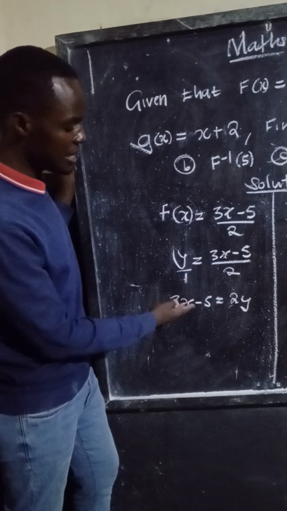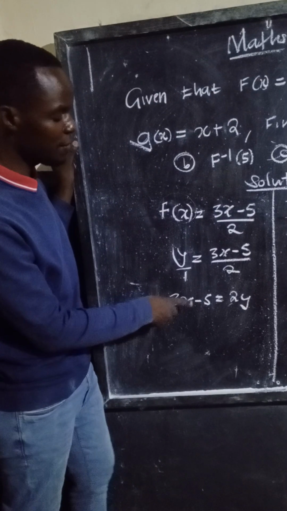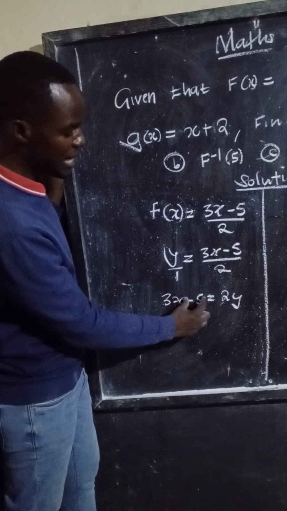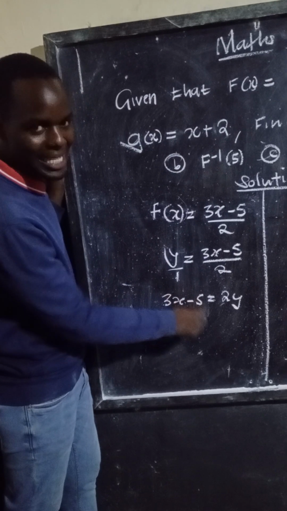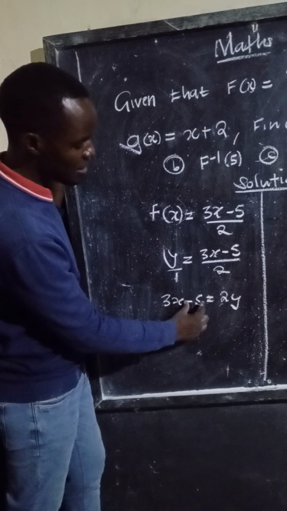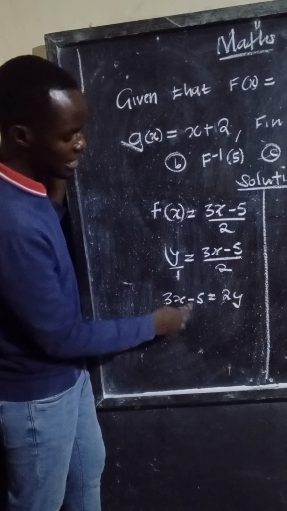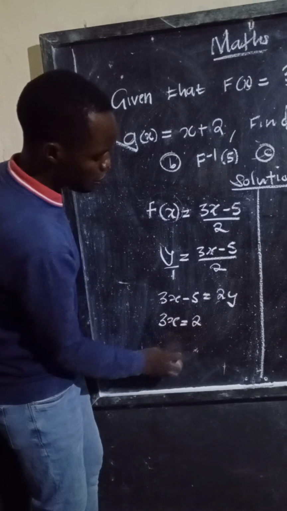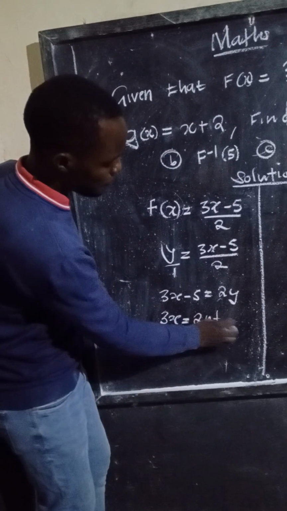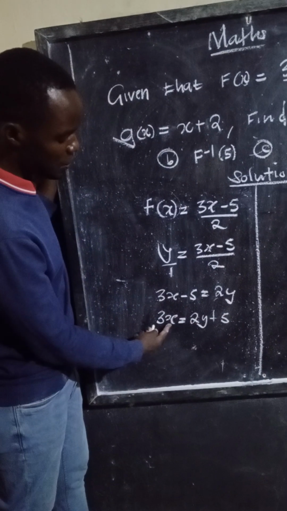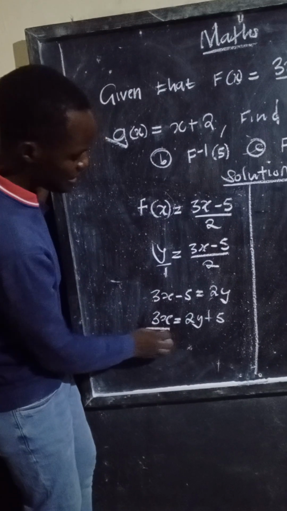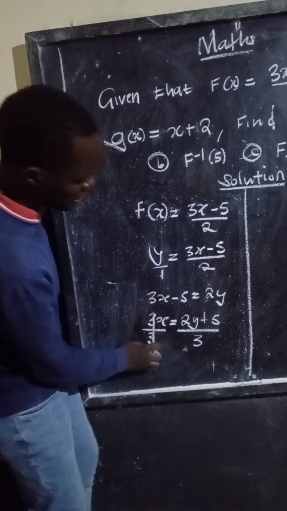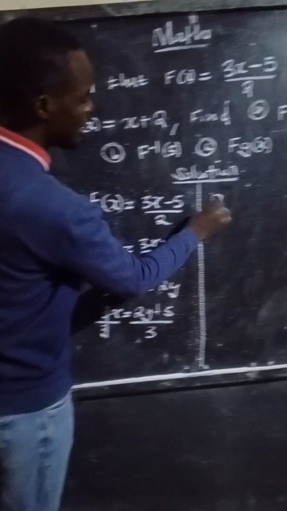Remember, we're intending to make x the subject of the formula. So for us to remain with x here, this 5 should cross the equal sign, or in other words, we find the additive inverse. The simpler way is just to take this one that side. When it crosses the equal sign, the sign changes to positive. So it will be 3x equals 2y plus 5. To make x the subject of the formula, we divide by 3. Again there, we divide by 3. After cancelling this, you remain with x